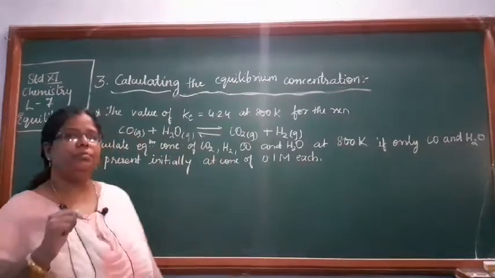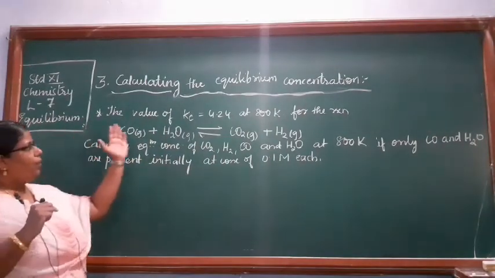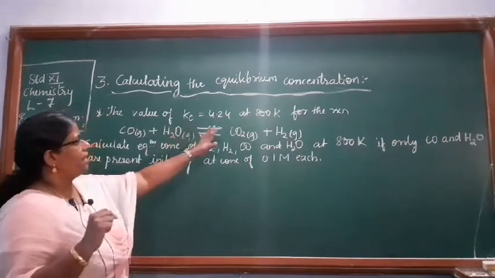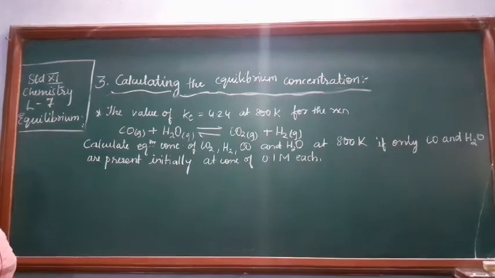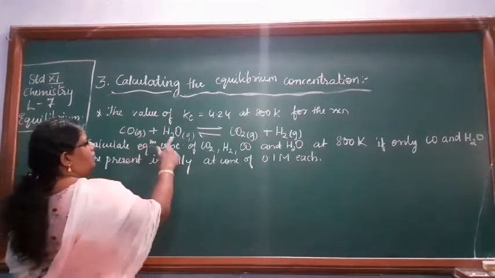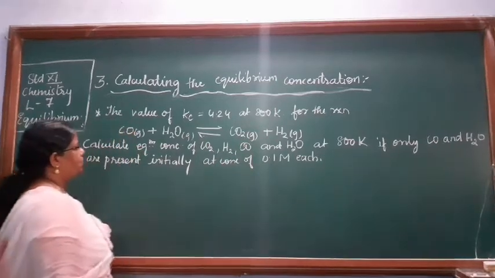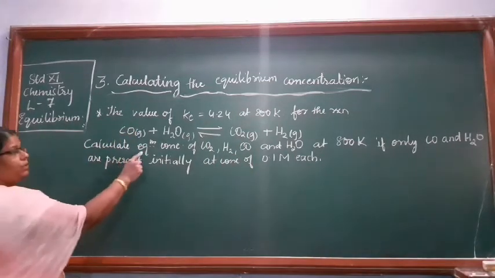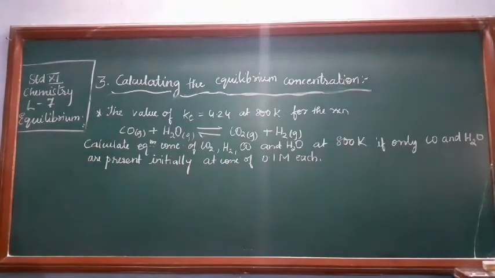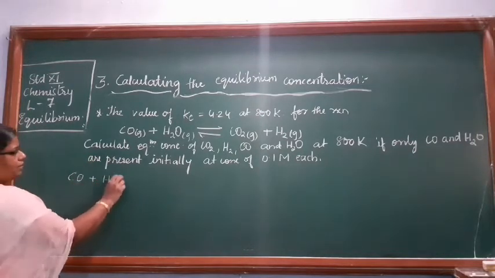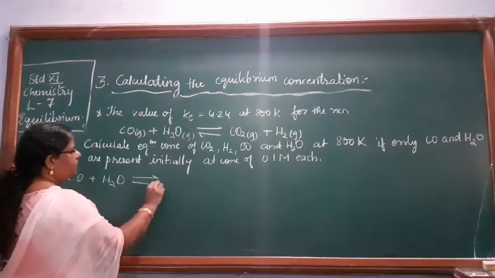Let us solve one more question based on it. See, value of Kc for a particular reaction is given to you as 4.24 at 800 Kelvin. Now, for the reaction CO with H2O giving you CO2 and H2, you are asked to calculate equilibrium concentration of CO2, H2, CO and H2O. तो सभी का concentrations you have asked to calculate. What is the reaction? Your reaction is CO, carbon monoxide, reacts with H2O to give you